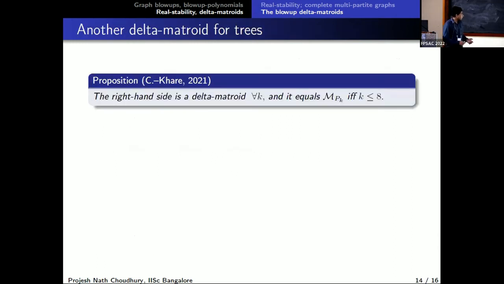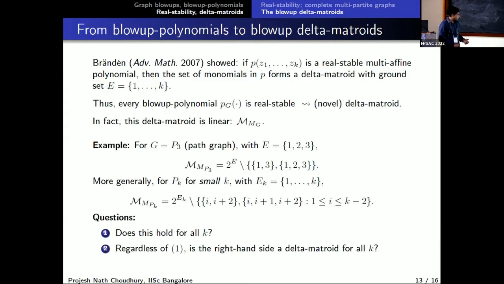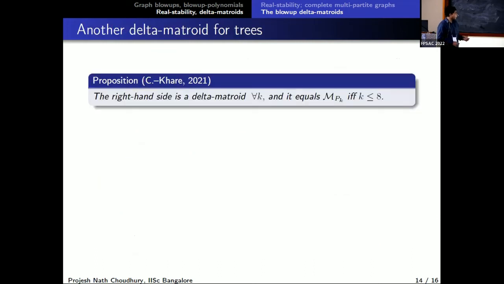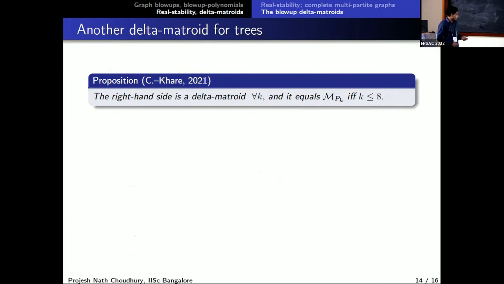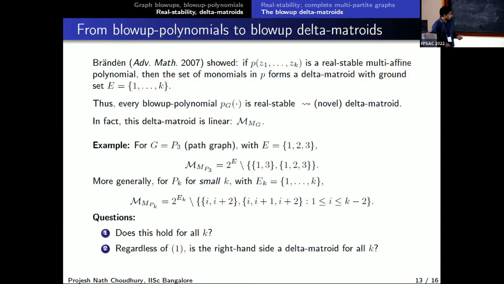And here is our result. This right-hand side is an interior delta-matroid for all K, and it is equal to the blow-up delta-matroid if and only if K is less than or equal to 8. By explicit calculation, one can show that this is not a feasible set for the blow-up delta-matroid of the path graph for K greater than or equal to 9. So in particular, for K greater than or equal to 9, the left-hand side is a proper subset of the right-hand side, and the right-hand side gives a different delta-matroid. Now the question is, can this right-hand side delta-matroid generalize to